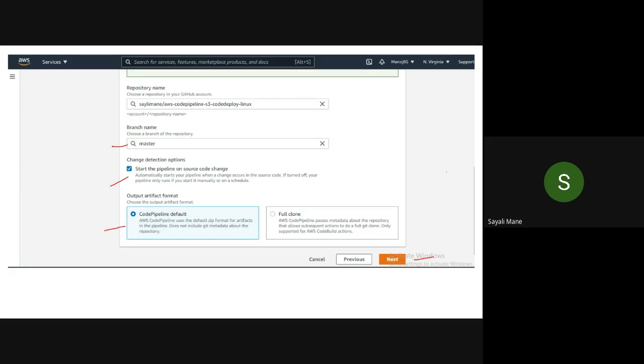Done? Yes, Rupesh and Shubham, are you getting the respective screen with the repository name? One minute, ma'am. Yes, ma'am, I'm getting it right now. Now you are getting it. What about Shubham? Please refresh the AWS and perform all the steps. Create the pipeline and everything. I will go to the next one.